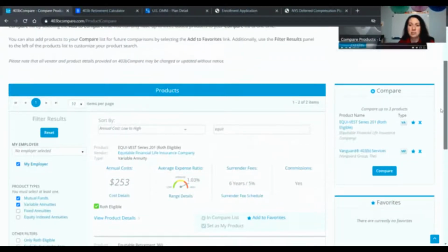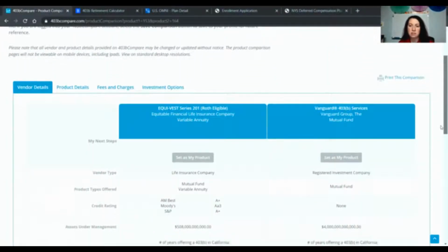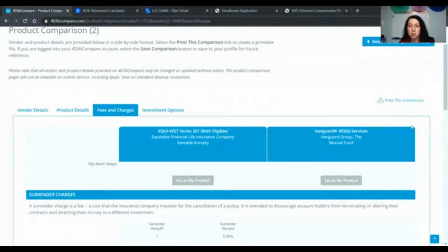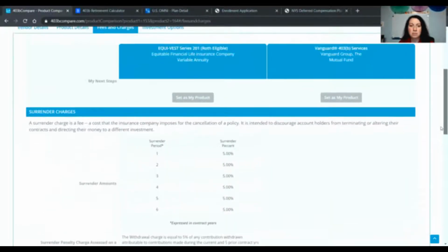I also added to the compare list this Vanguard option that you can get through Aspire. So you're looking at those two options to start with, and then the 457, you'd have to call for a prospectus, but I know their fees, so I can tell you. When we look at the fees and charges, we compare those two, you see